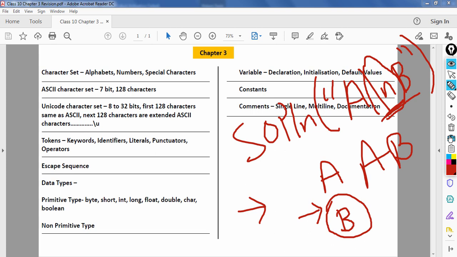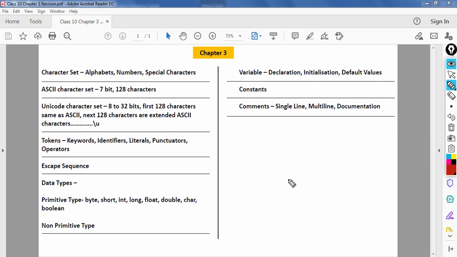Similar to \n, we have many other escape sequences such as \t. \t represents the tab character. Tab means 4 or 5 spaces. Double backslash represents a single backslash. If you want to print a backslash anywhere within the double quotes, anywhere on the output window or the terminal window, you have to write double backslash.